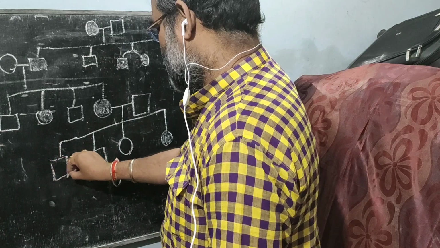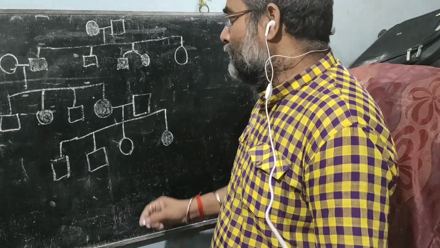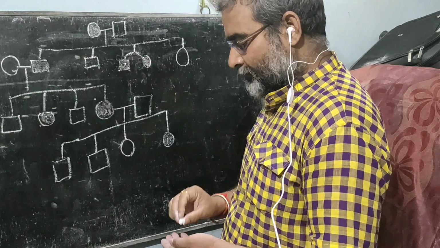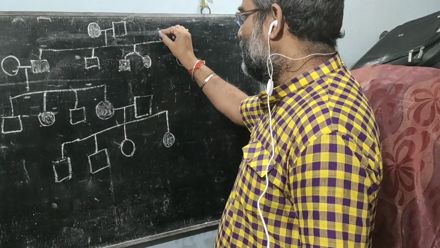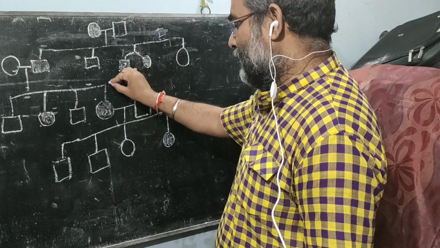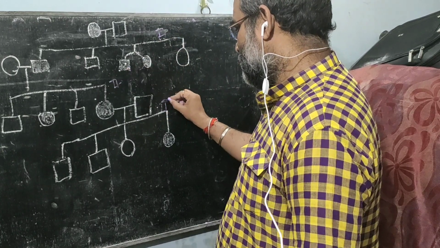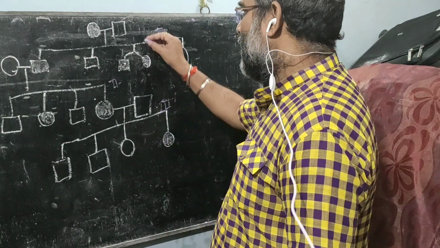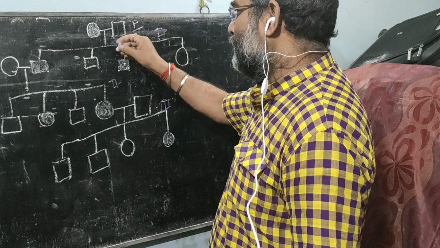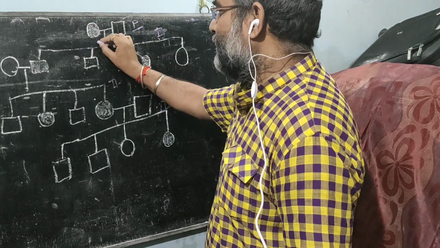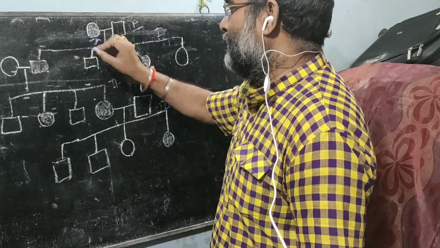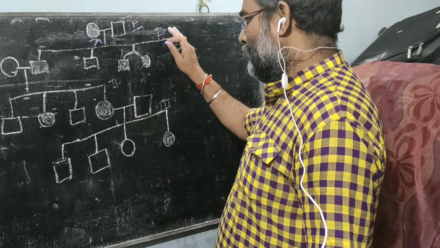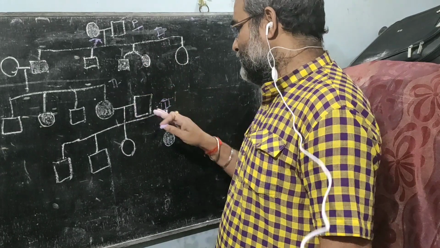Now we observe the third pedigree here, and we analyze it. Here again we observe the first generation, second generation, and third generation. This is the parental generation, from where we initiate the pedigree. We initiate the analysis from this point, and now we observe the first generation, second generation, and